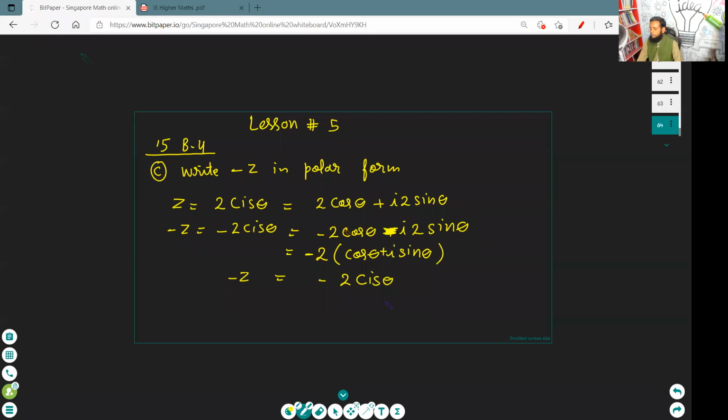Okay, you understand when we multiply a number, an integer, a complex number, with minus or any number, then the magnitude will change. Only the magnitude will change. Clear? If the argument is theta and we multiply by minus, then if we take minus 2 common, in this way we can get minus 2 cis theta. If you feel it is difficult, you should expand it and then multiply, then you can understand.